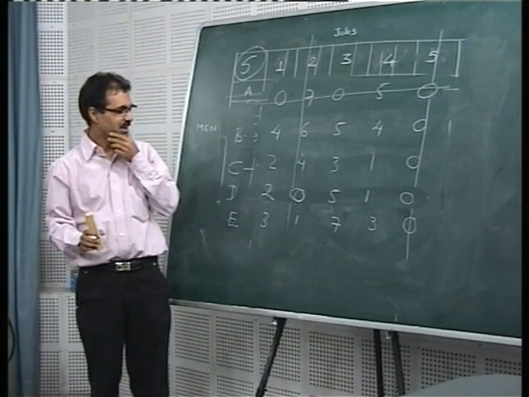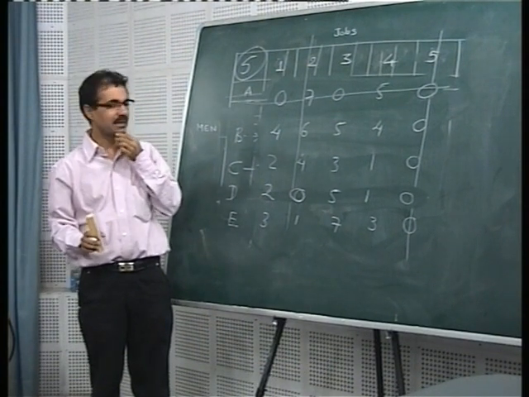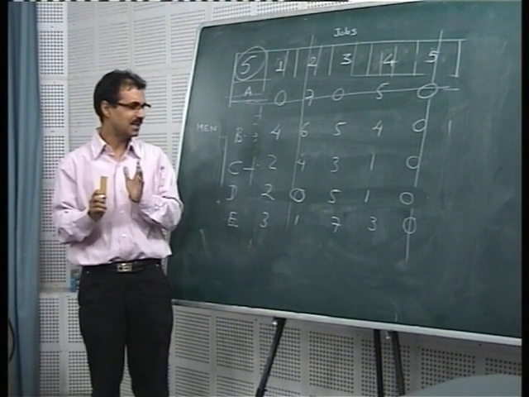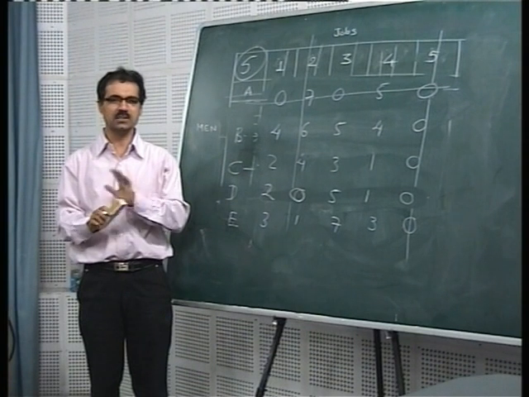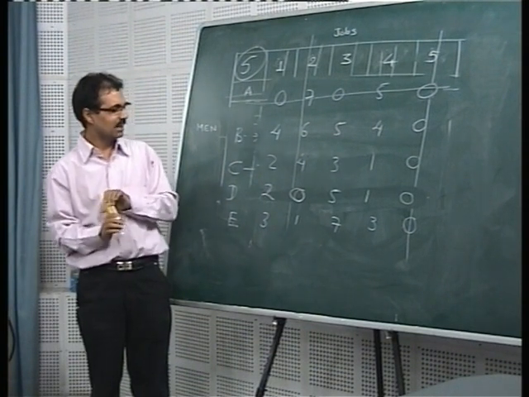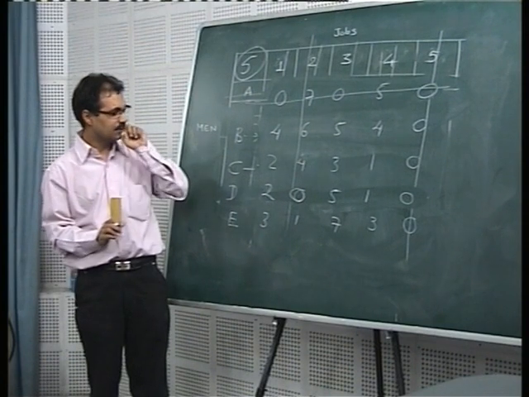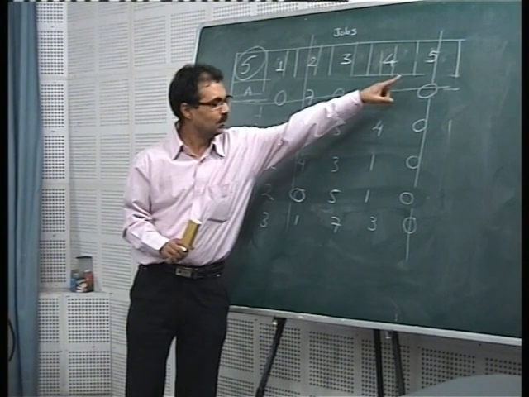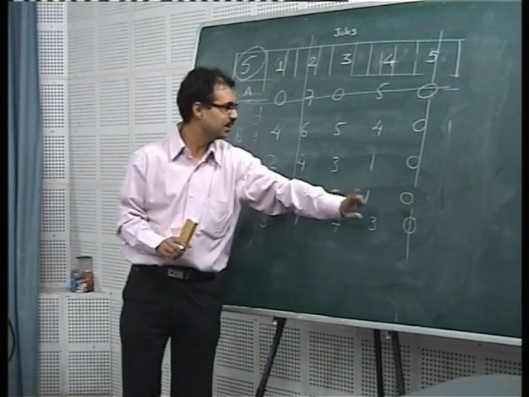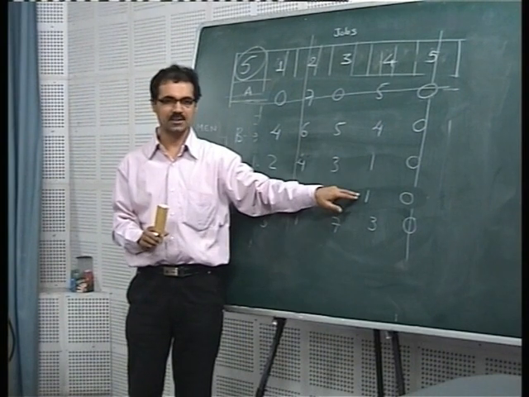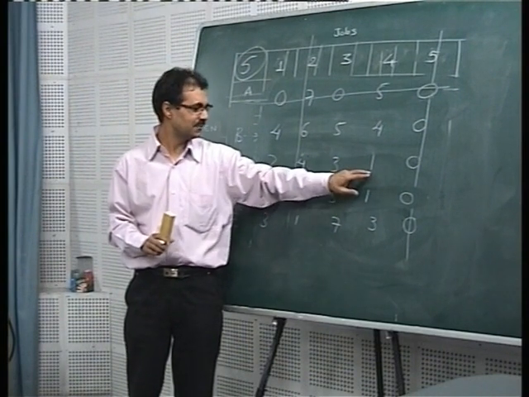What to do now? We'll look at the table again and find out which is the element which has the minimum value and which is not deleted. Out of those which have survived, which number is minimum? So again, if you observe this, this 1 is minimum. Some zeros were minimum but those poor ones have been cut. Among those not cut, 1 is the minimum value. So we'll start with this number 1.